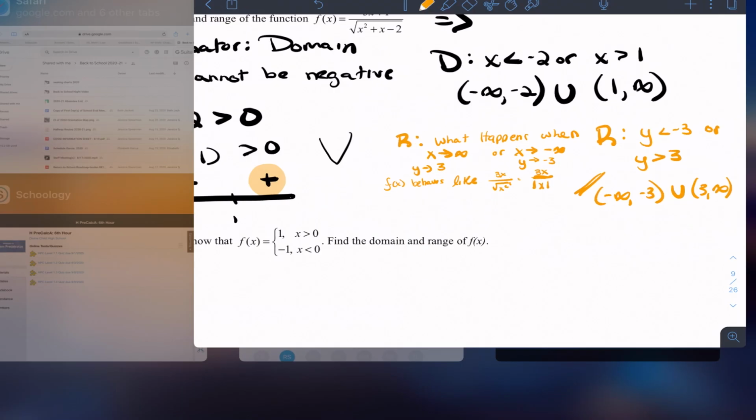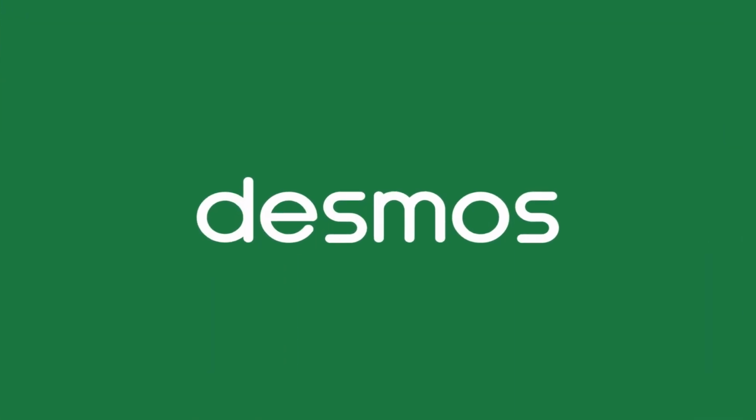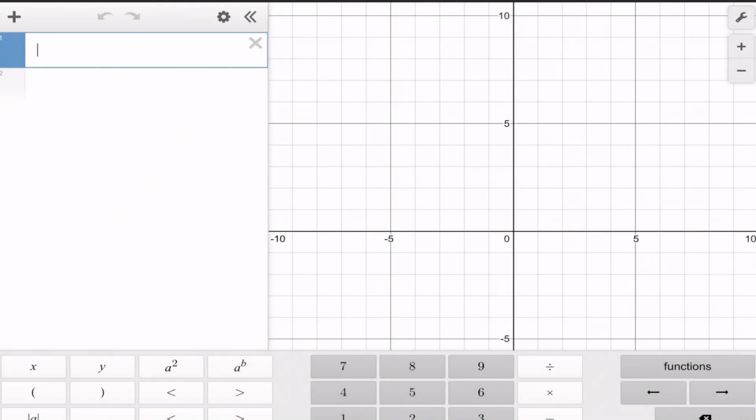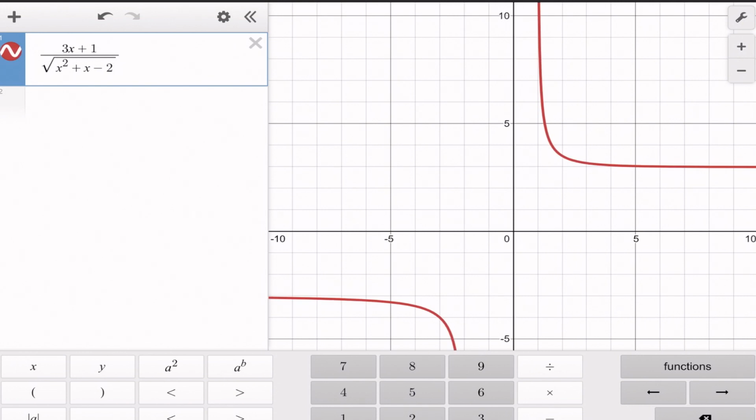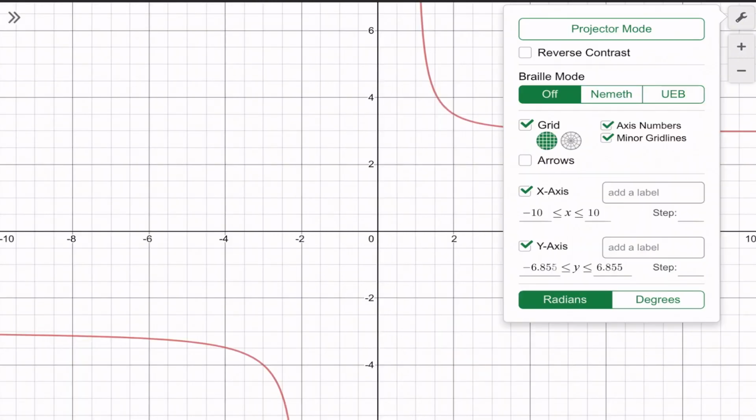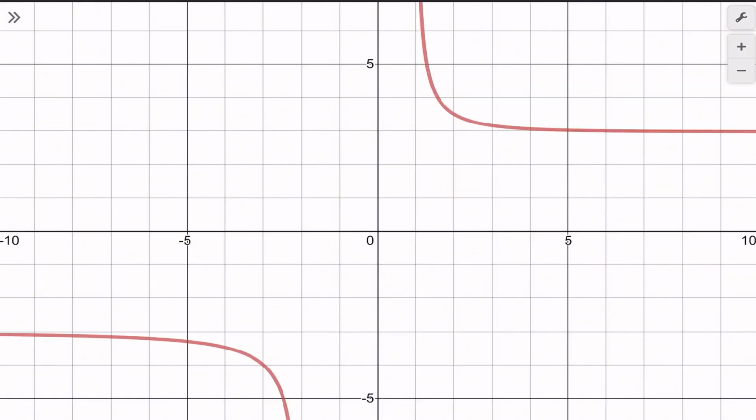Now, I'm going to put this graph up. So we're going to go to Desmos, and we're just going to see from our algebraic analysis if we were accurate. This is the first time we're using Desmos. I hit the division sign. I'll type in 3x plus 1, and then in the denominator, square root, x squared plus x minus 2. And we can see, even if we didn't know what that looked like to begin with, looking left